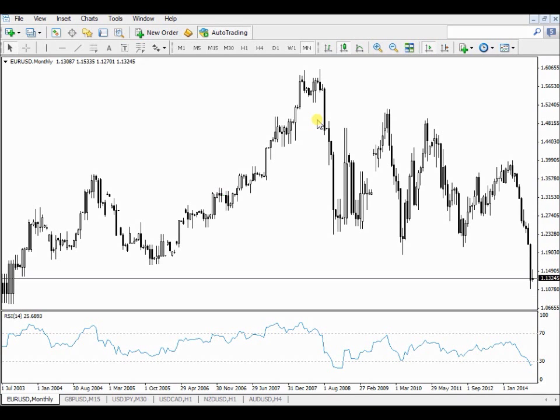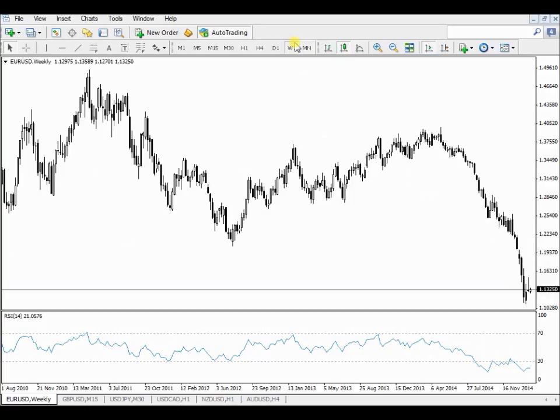Welcome. We are going to go through some basic trading principles, which I believe are essential for successful trading. Alright, so let's start. Rule number one, you always trade in the direction of the trend.